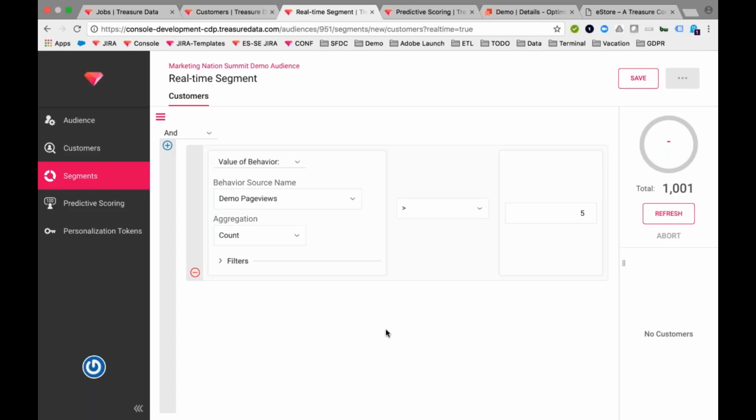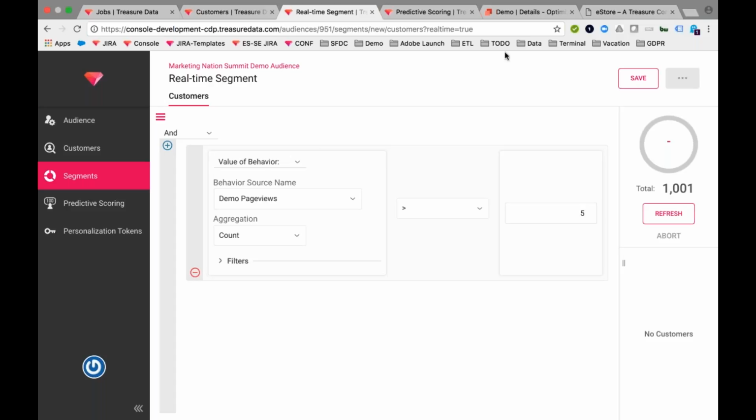If you install the JavaScript SDK onto your website, as a person is coming in and looking at your website, what you can do is query the real-time API, and it'll give you back the segment they belong in. And what you can do is really make these as complex as you would like.